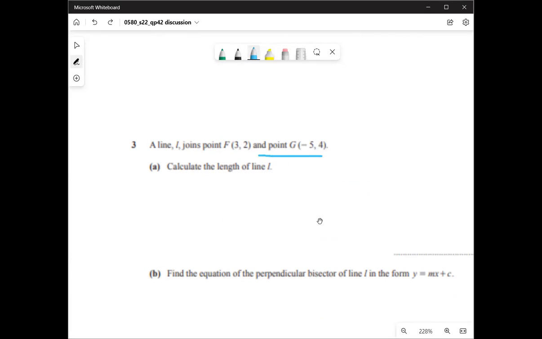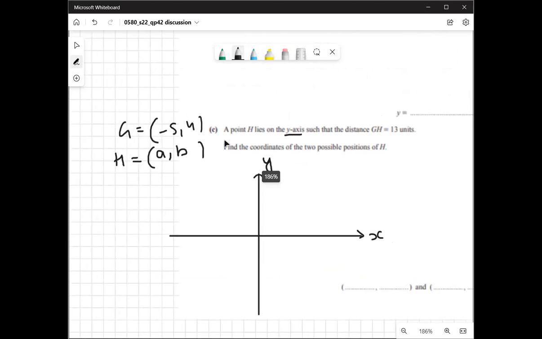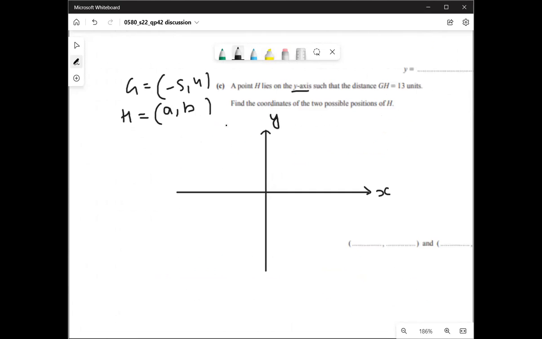Now, let's say H has coordinates A and B. Anything, I don't know what they are, A or B. We can also say X or Y. I don't know what they are. Now, next thing is, our job is, let's say,